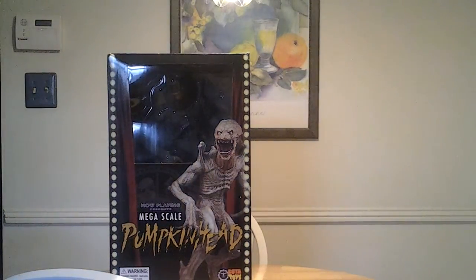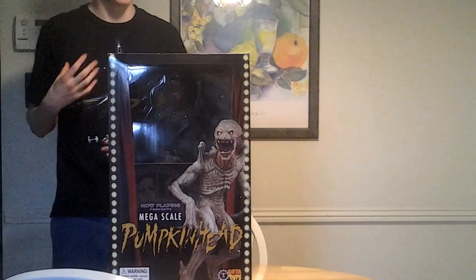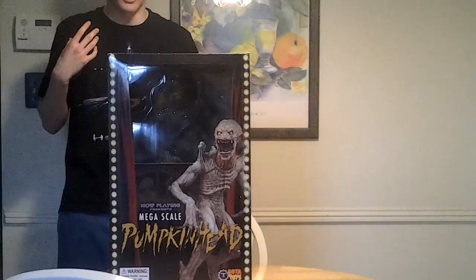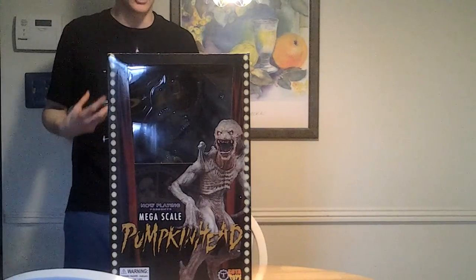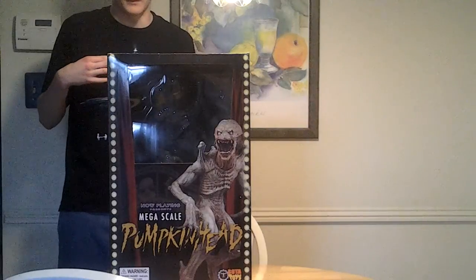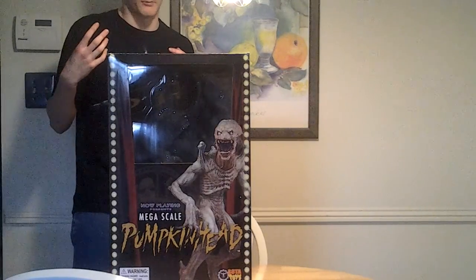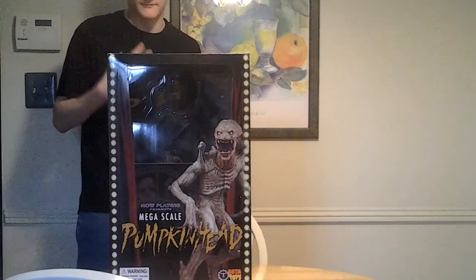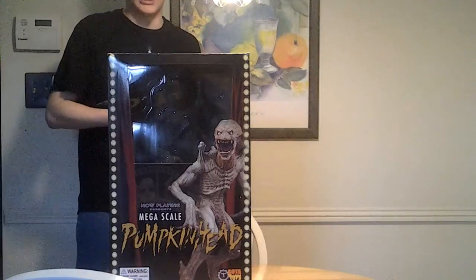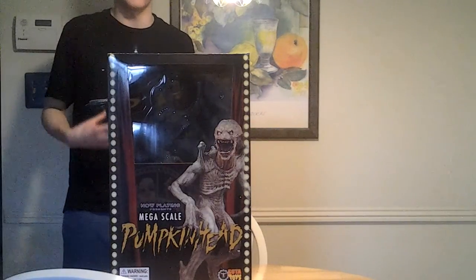So for those of you who don't know exactly what Pumpkinhead is, it's a demon that was basically resurrected in order to carry out this man named Ed Harley's vengeance, because these teenagers killed his son by accident, and he kind of took it the wrong way. So he went to this kind of witch doctor lady, and she resurrected this demon so that it would go and kill the teenagers. And then,